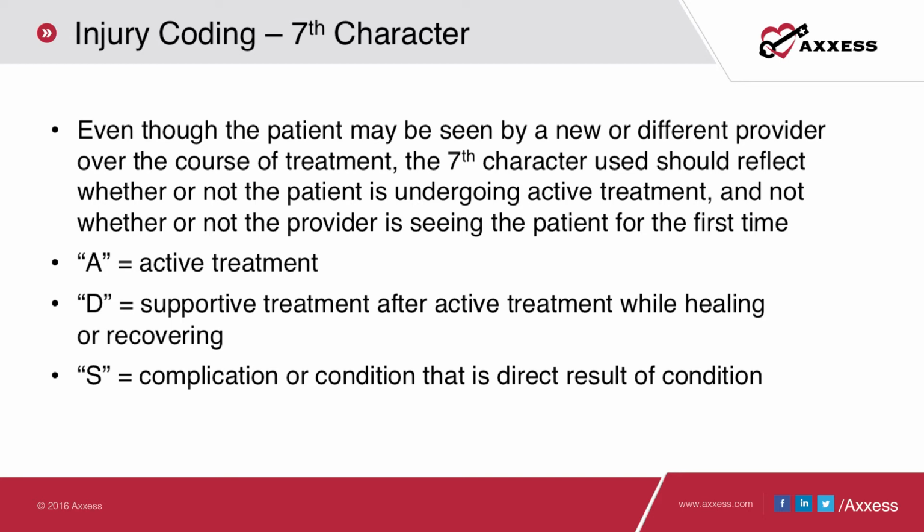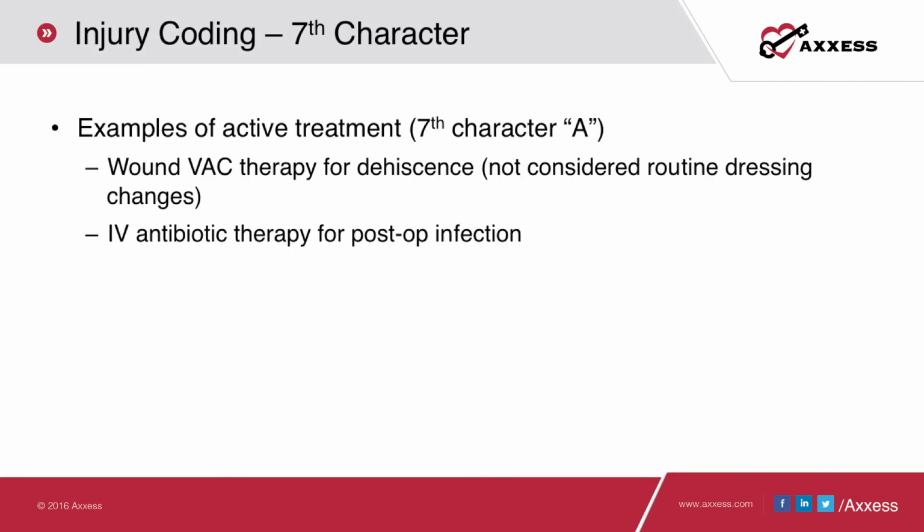D is for supportive treatment after active treatment when healing or recovering. And S is a complication that's a direct result of a condition, also thought of as a late effect in ICD-9. So S is sequela. That problem has healed. Some examples of active treatment as it relates to that seventh character A are wound vac